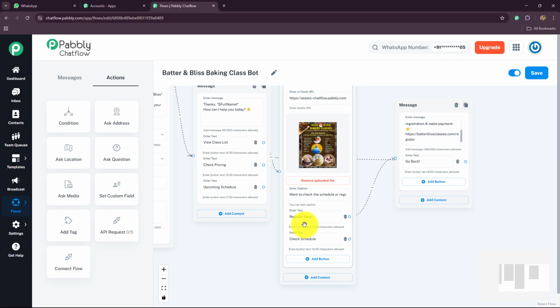This is the message if they want to click on the button register now. Again, if they want to select check schedule, in that case I'm going to provide them the upcoming schedules. We also have the third option, upcoming schedule, over here, so we'll connect both the buttons with each other. So here the message will be,